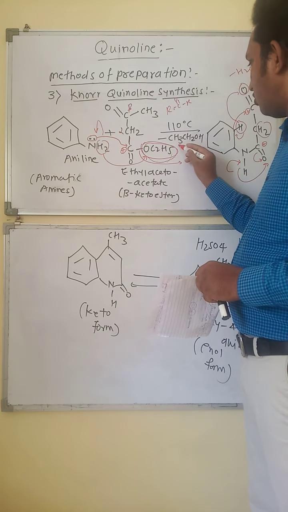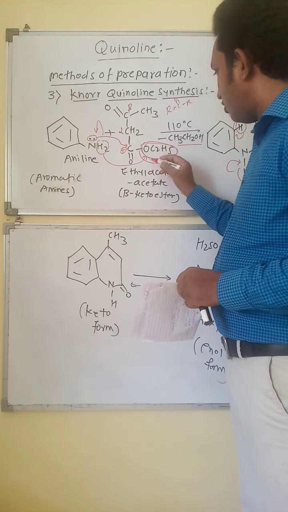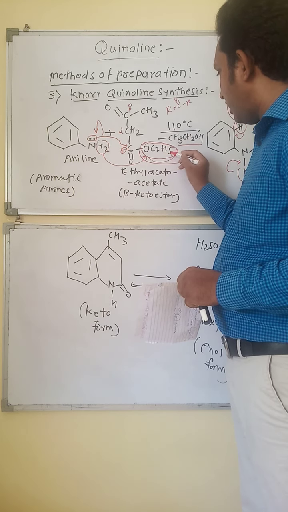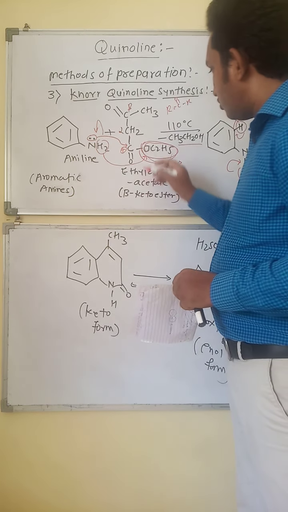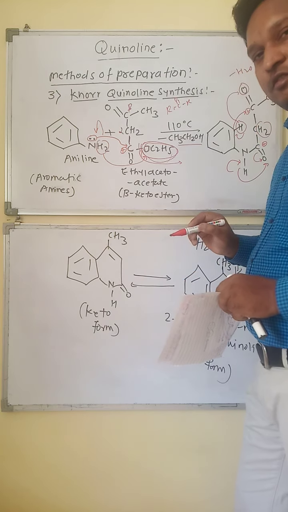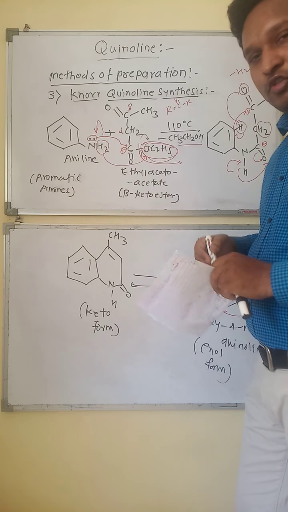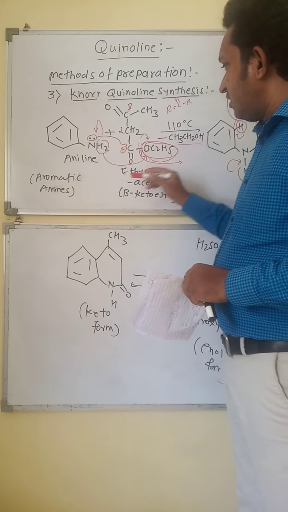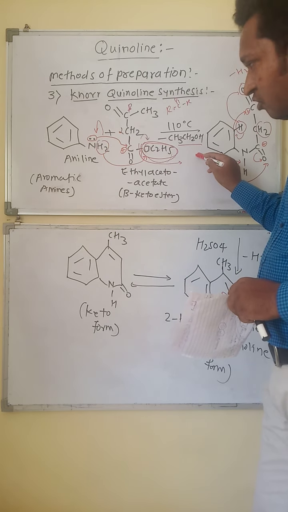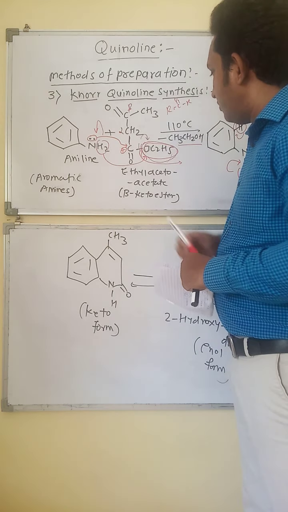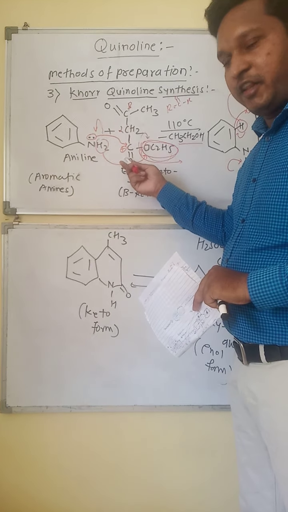Now, first of all, there is a removal of the ethanol group. This ester group contains OC2H5. This oxygen is more electronegative. So after the breaking of this carbon-oxygen bond, this oxygen takes the lone pair of electrons towards itself, so it will be an ethoxide ion, and it will abstract one hydrogen from the amino group. So there is a formation of CH3CH2OH, that is ethanol. After the removal of this ethoxy group from the carbonyl carbon, this carbonyl carbon becomes electron deficient and has a positive charge.